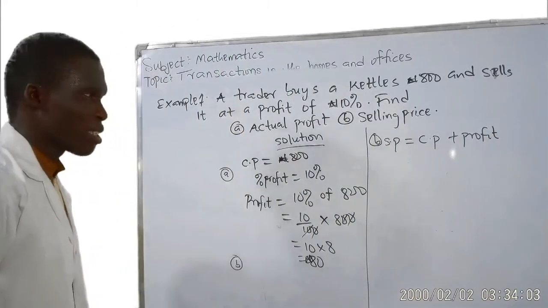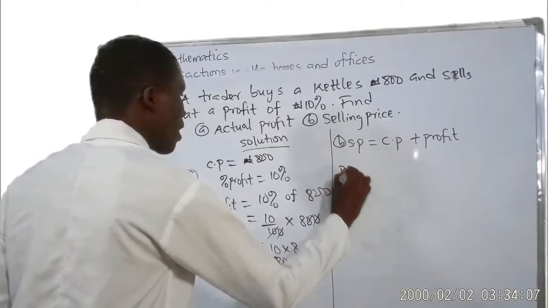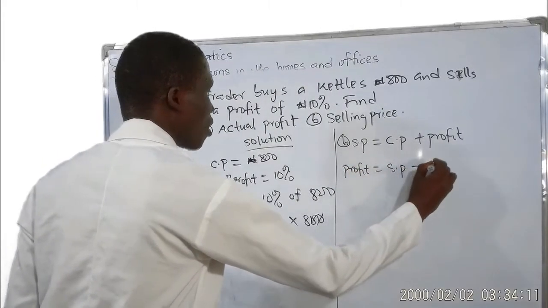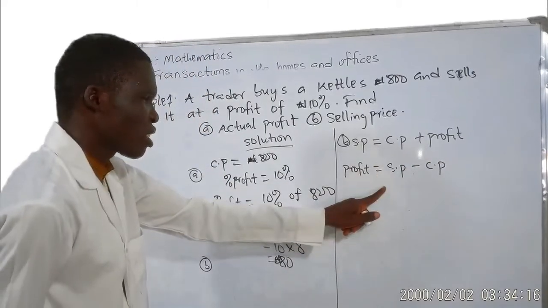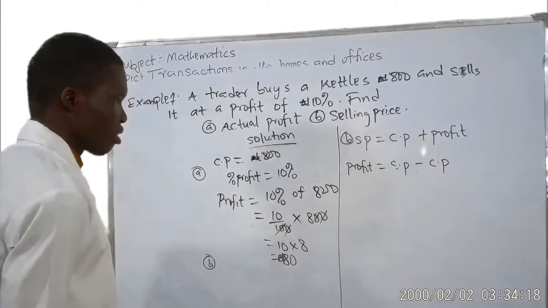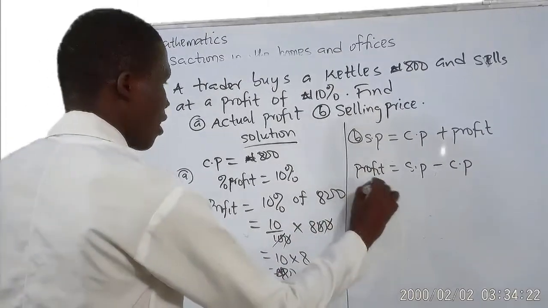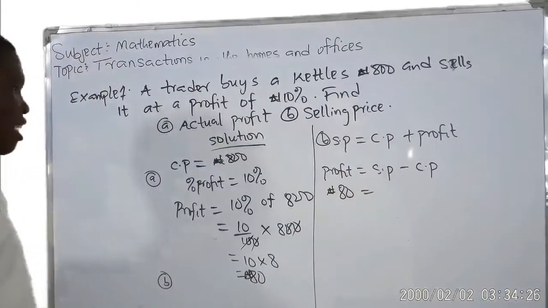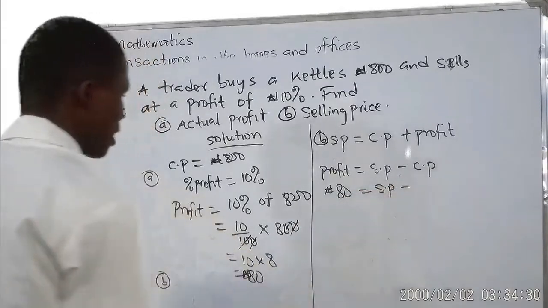You want to ask me, how do we get this? Remember that our profit equals selling price minus cost price. So it's either you use this or you use this, you'll still get your answer. So let's try this. A profit is 80 naira, right? A selling price is what we are looking for, and cost price is